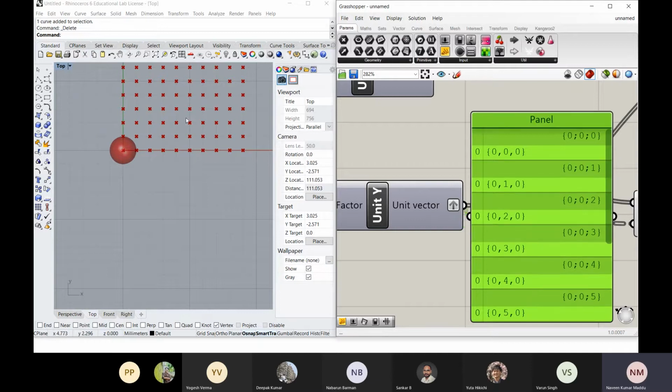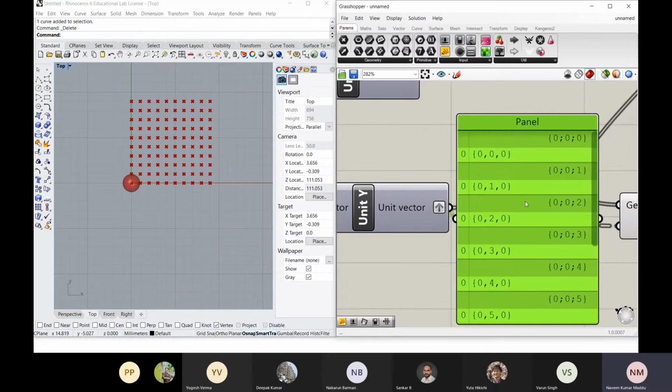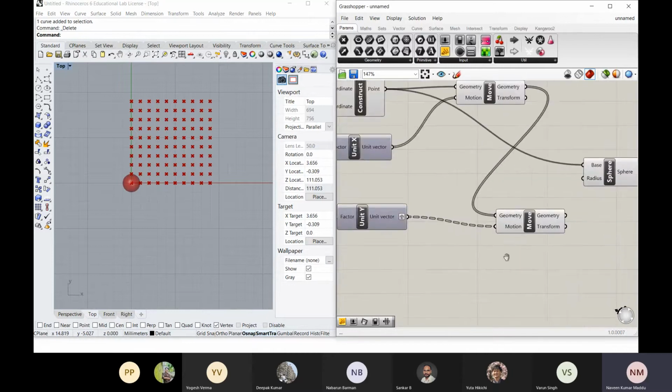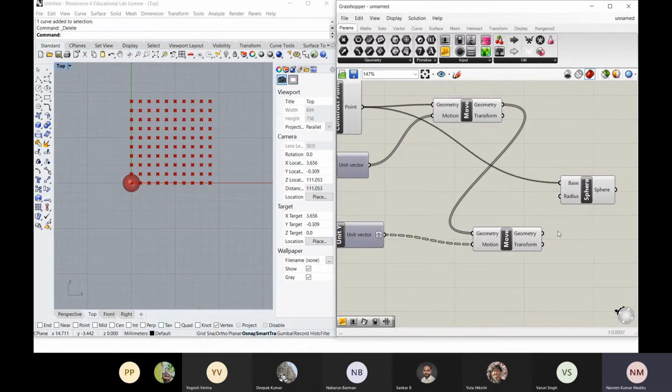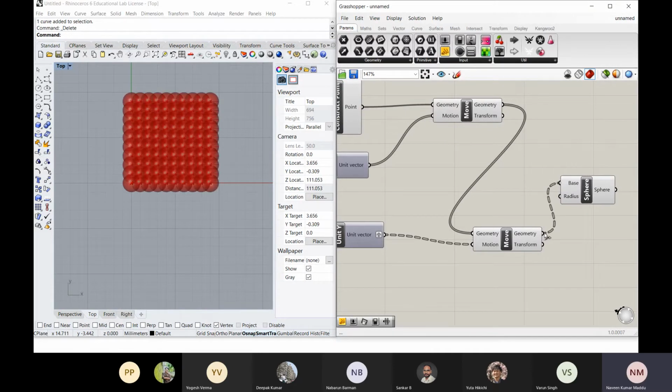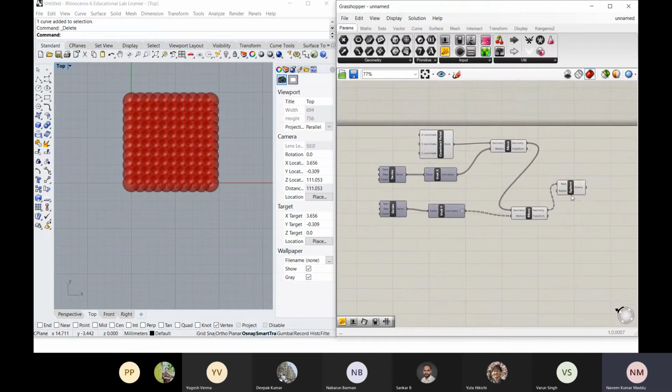Now that you have points in x and y direction, you can put a sphere at each of the points. So geometry, and the radius is this.